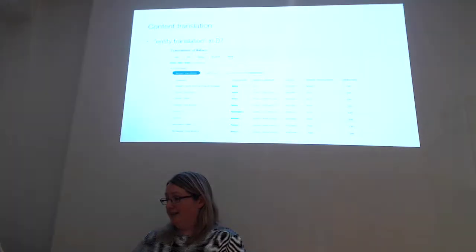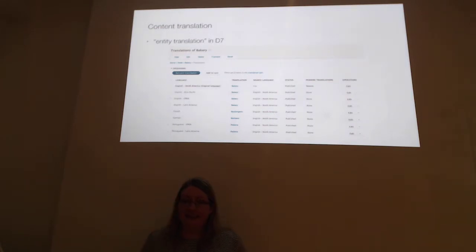Adding translations hasn't really changed. I don't have GIFs, but I did have one cat. So in Drupal 7, this would have been entity translation rather than what came with Drupal core, which is content translation. So here you have one entity, but you sort of have many different facets. Each language is a different interpretation or view onto it, I guess.